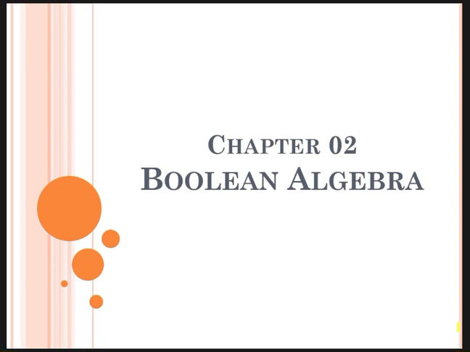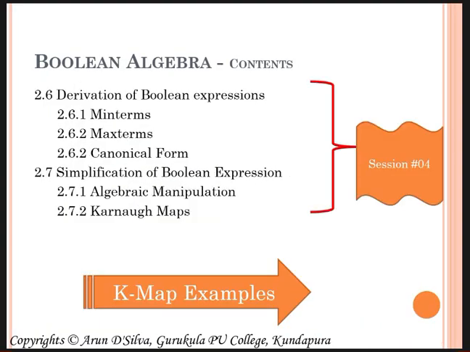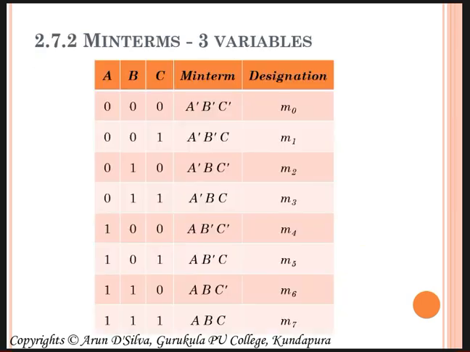Dear students, let me continue with Boolean algebra. That is a K-map example discussed in session 5. I want to remind you, in case you are going for min terms with three variables, how exactly the truth table refers. I consider logical variables A, B, C, and the values are given as a decimal equivalent 0 to 7.